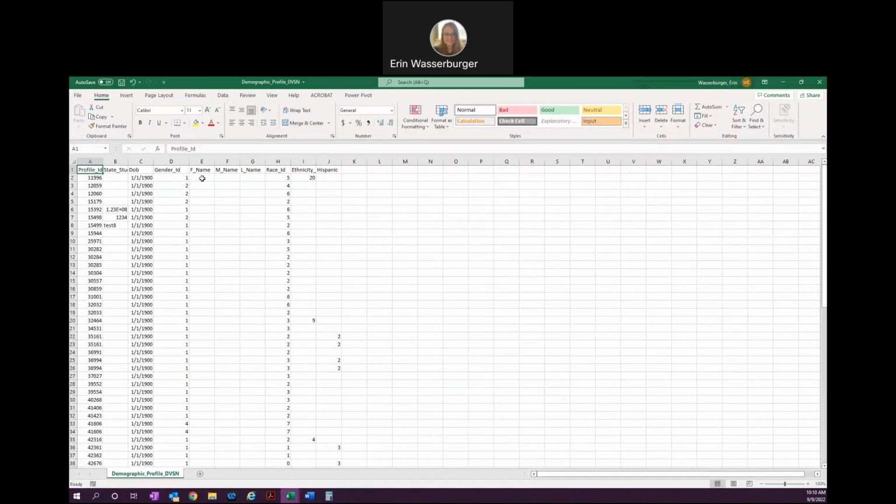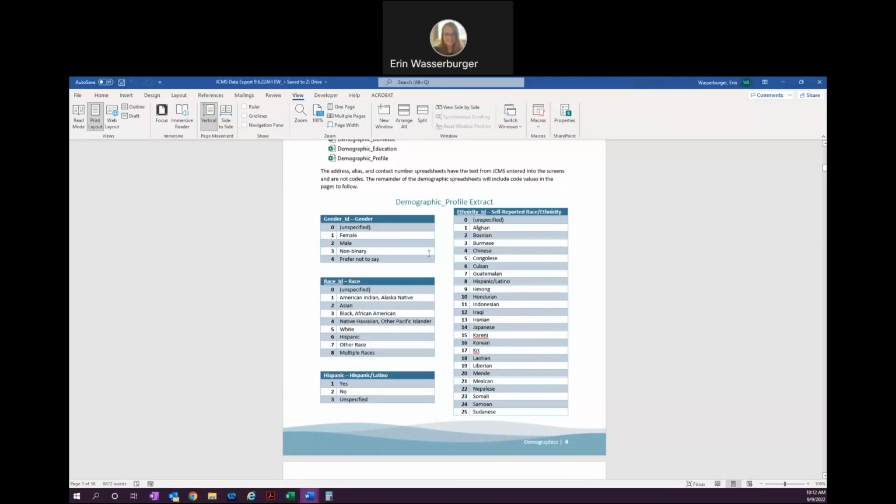Okay, back to the codebook. So the JCMS on the drop-down fields has codes attached to each one of the options in that drop-down menu. So on the screen, you may see female, male, non-binary, and prefer not to say. But on the back end and the way it extracts out, we see 1, 2, 3, and 4. So this is an excerpt from that codebook with the fields that we were looking at. So you can see here it has female, male, non-binary, prefer not to say, and then the number associated with